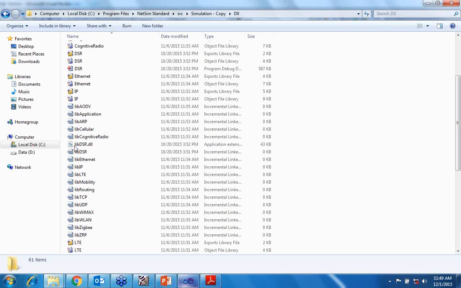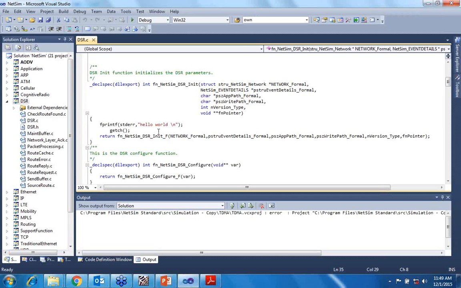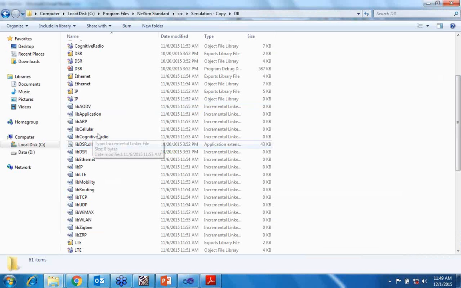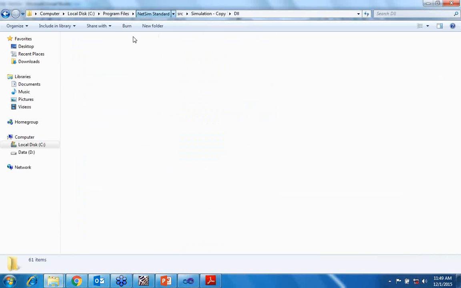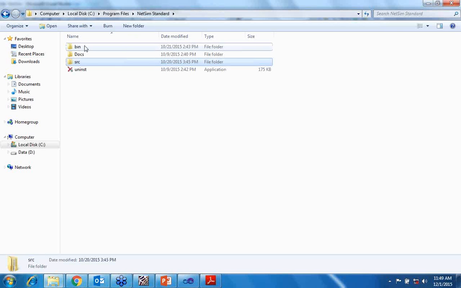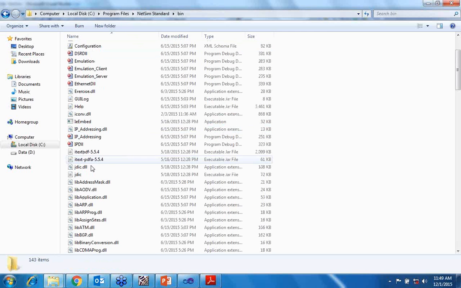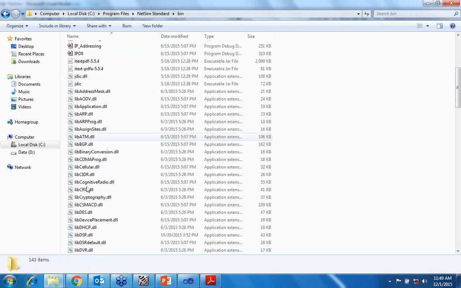So after the building, now what we have entered into this command, now our DLL will work with this hello world program. Okay, so when we want to implement our DLL, we have to copy this DLL file libdsr.dll to the original DLL file, which is given here in the bin folder. This one, libdsr.dll.